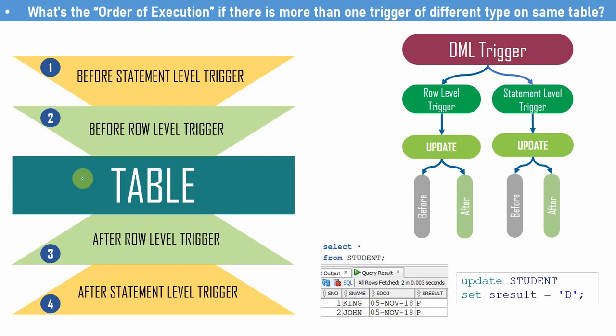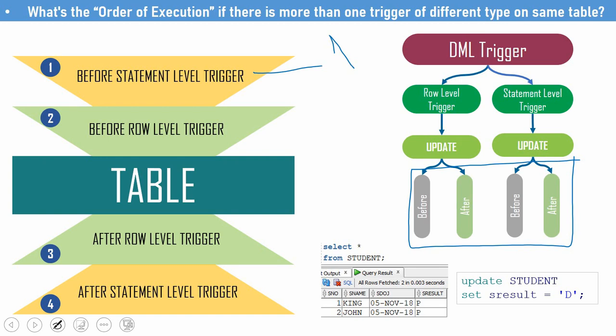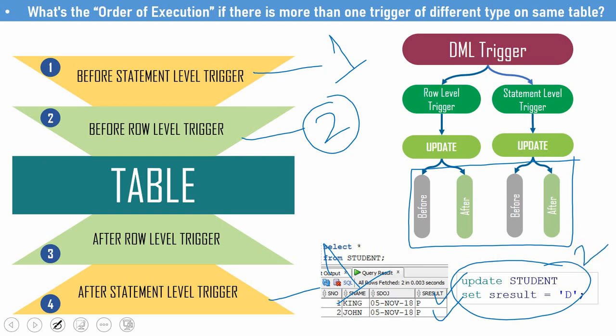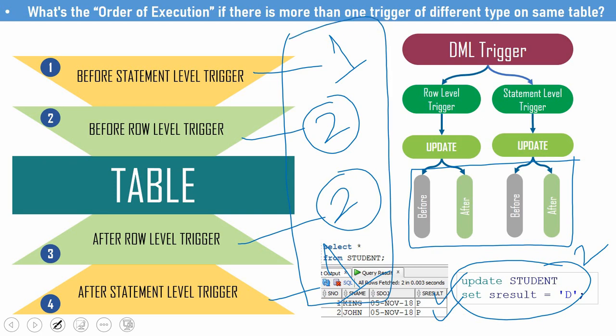So in this case, what happened? When I am doing an update, obviously all these 4 update triggers will get fired. The statement level trigger will get fired once for each statement. So this and this will get fired only one time, whereas the row level trigger will get fired 2 times, because there are 2 records here and this update statement is affecting all those 2 records. Fine. Similarly the after row trigger also will get fired. So in total, the trigger will get fired 6 times, once for the statement level trigger and twice for the row level trigger. Right. Now let me show you this example practically.